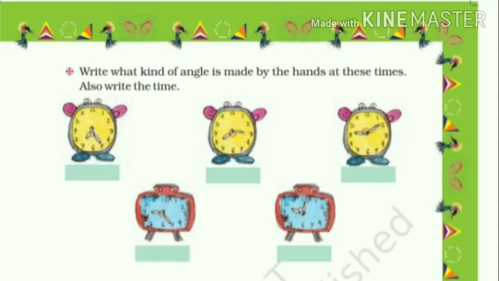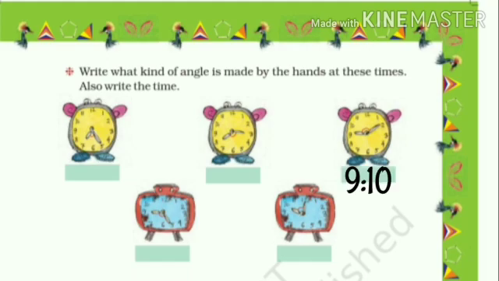So it is more than a right angle. If I'm taking an 8:15 angle, it is more than a right angle, so it is my obtuse angle, and the timing is 8:15. Now, if we come to the third clock, my hour hand is on 9 and my minute hand